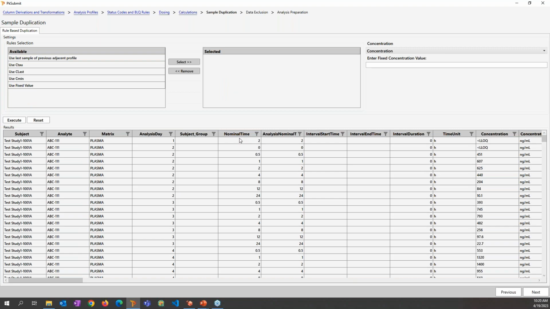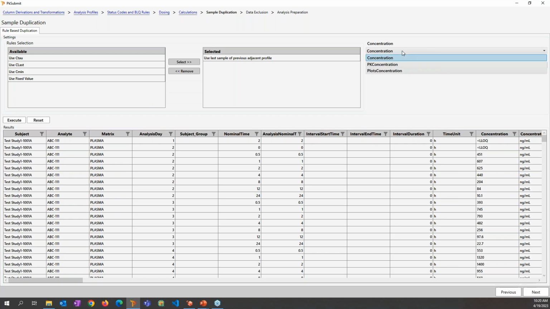And now we're getting to a part where we need to duplicate samples. So as you could see here, for this particular example, the day 3 profiles are missing a pre-dose sample. So what I want to use is the last sample of a previous adjacent profile to create the pre-dose. So I've selected this rule, but you can see there are many different types of rules that could be used. But for this one, I want to use the last sample of the previous adjacent profile, and I want to apply this. So you can also select the concentration column you want this applied to. I want to apply this to the PK concentration, since that's what I'm going to be using for my NCA. So once you have those selected, you hit execute,